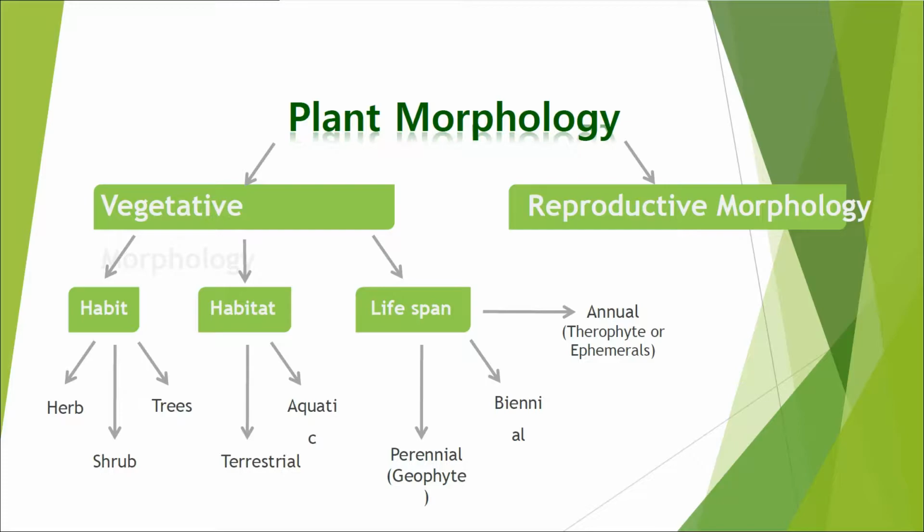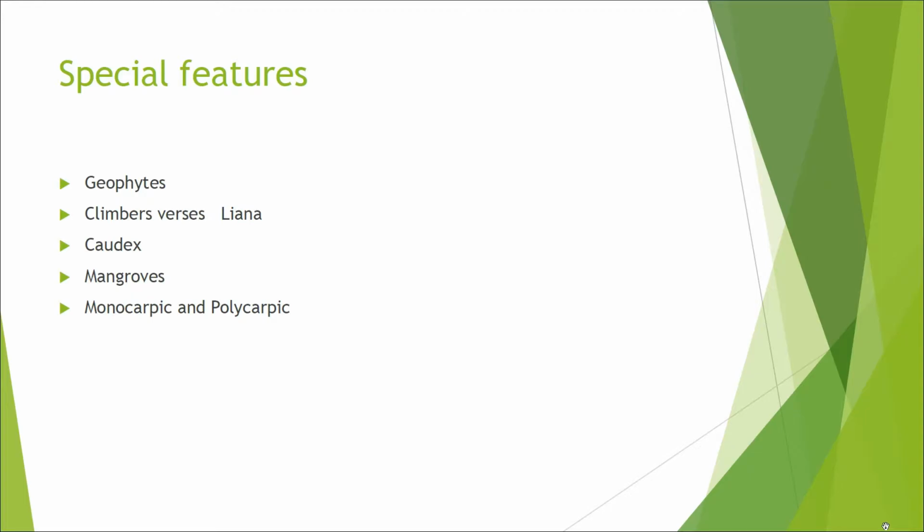What are herbs? Herbs are very soft stemmed plants with less wood or no wood. According to the duration of their life, they may be classified into annuals, biennials and perennials. Perennial herbs have a bulb, corm or rhizome or tuber underground stem, and they are termed as geophytes. Example, Allium cepa. Allium cepa is the onion. Since most of the plant parts are under the ground in the soil, they are called as geophytes.